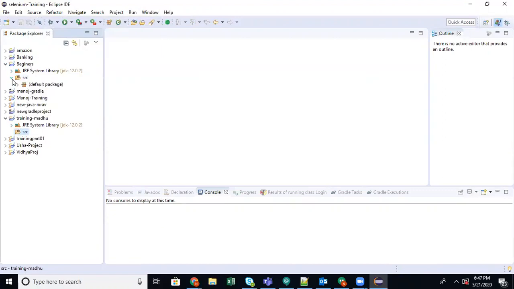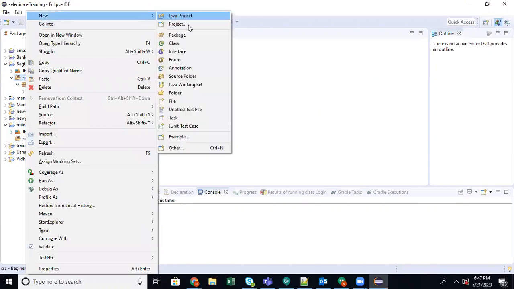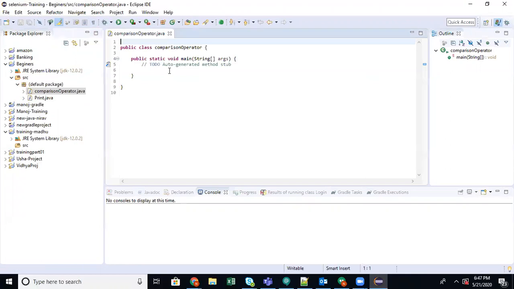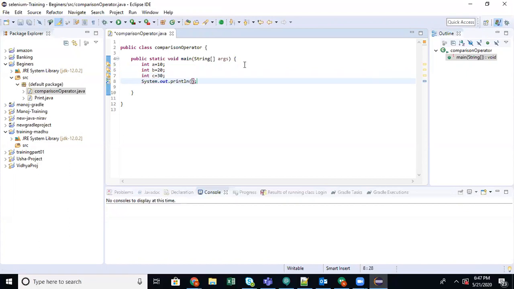This is the project we have created, so let's use this project itself. So now we are creating 3 inputs, 3 variables: int A equal to 10, int B, int C. Now in syso, that is System.out.println.